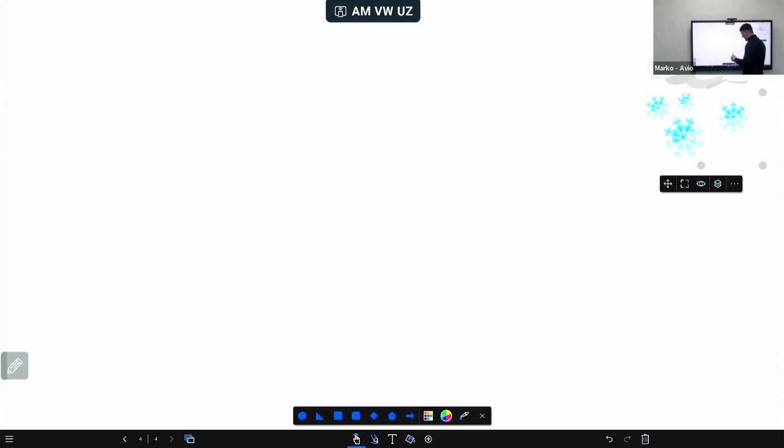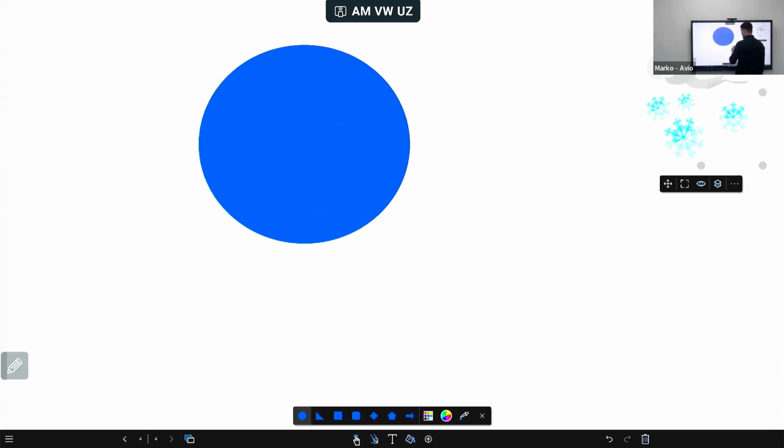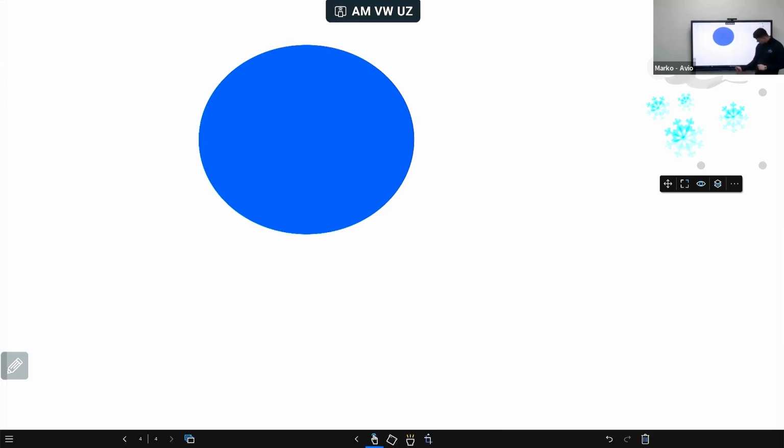In here, we can draw different shapes on the screen. So for example, we have a circle. We can select the circle and we can draw it on the screen. Afterwards, we can tap on the little paint pot at the very bottom middle of the screen. We're also able to tap on that crop icon next to it, and then it's going to give us an option that says shape split. This will allow me to place my pen or my finger on that circle, and it will let me split it into different